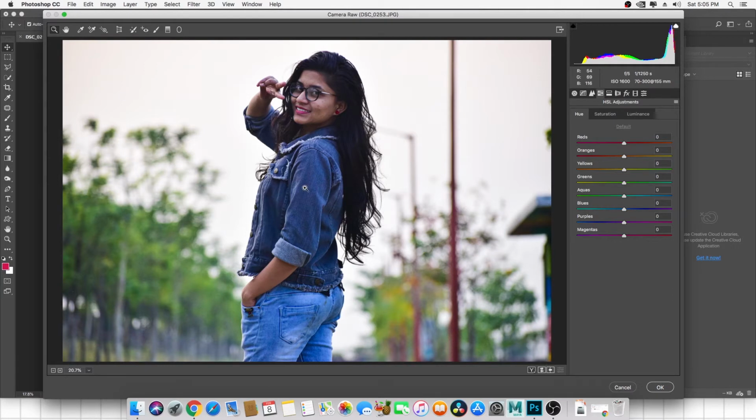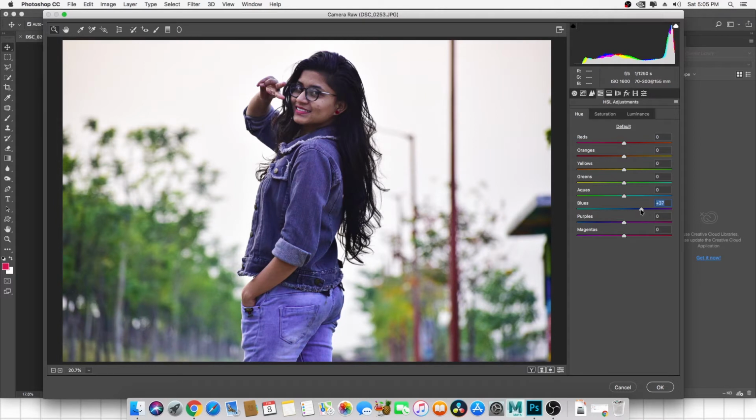Okay, so first of all I'm going to show you the hue. So as you see, the girl wears a jacket and jeans, which are basically in shades of blue. So I don't like blue at all, because it's not giving us a cinematic look. So first of all I'm going to blue and change this color to cyan, so it looks kind of like, you know, this kind of look. Okay, or you can make it purple.